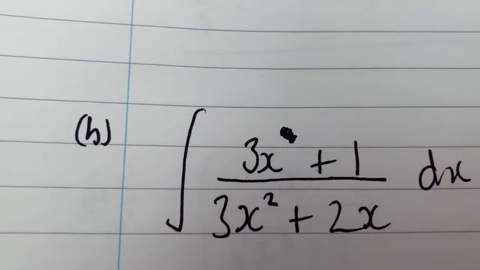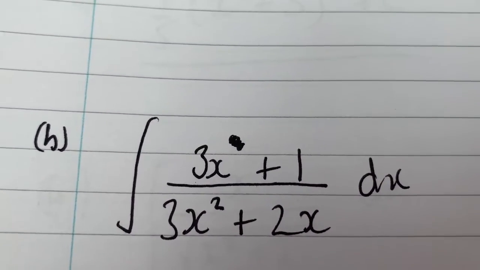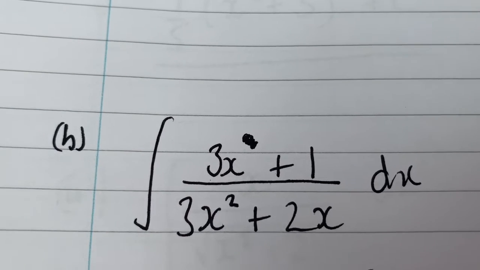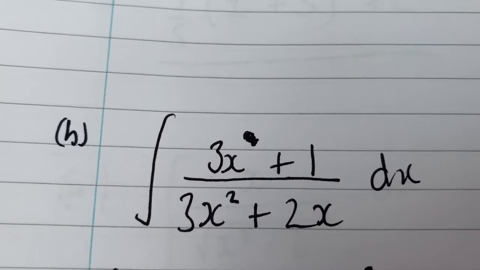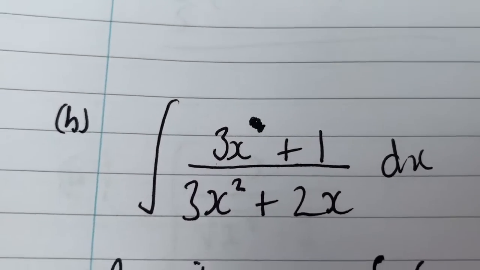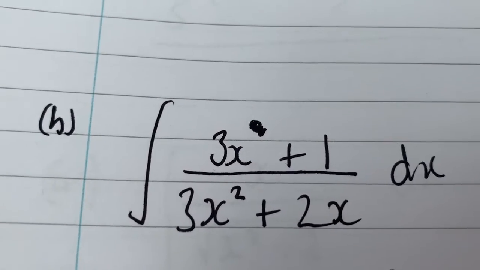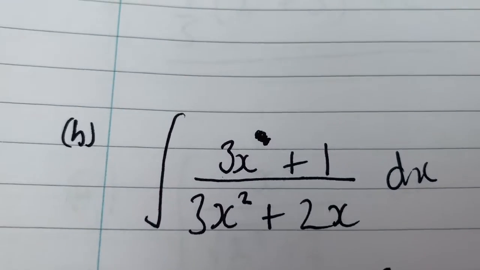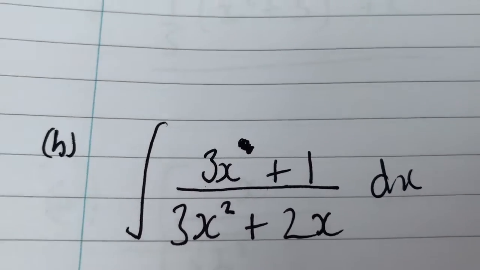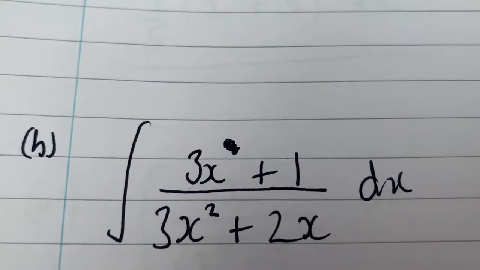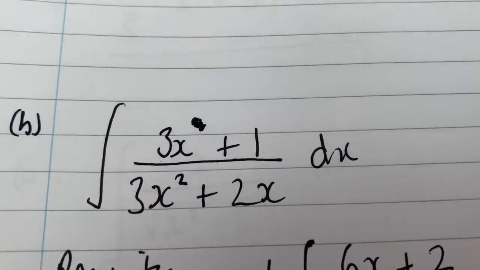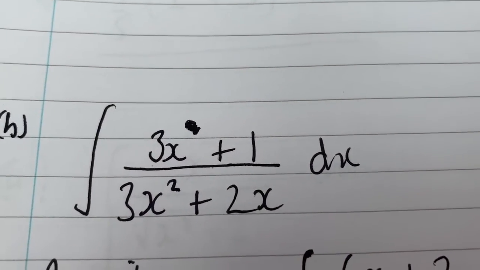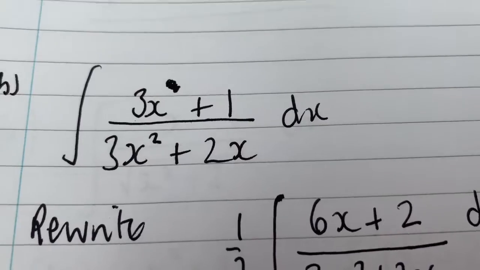Occasionally you're going to have to rewrite it. Try and ignore that blob that I've got there above the 30x on the numerator. So again, I'm looking at this. I can't split it up over a common denominator, and I can't do polynomial division. However, if I differentiate that denominator, I'm going to get 6x plus 2, and I notice that that is double